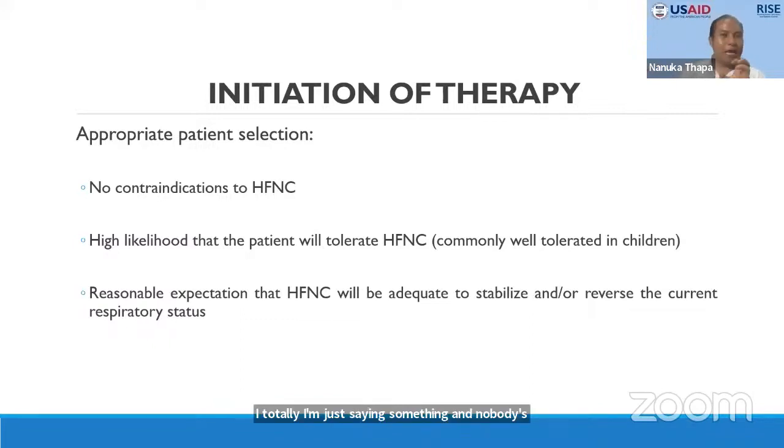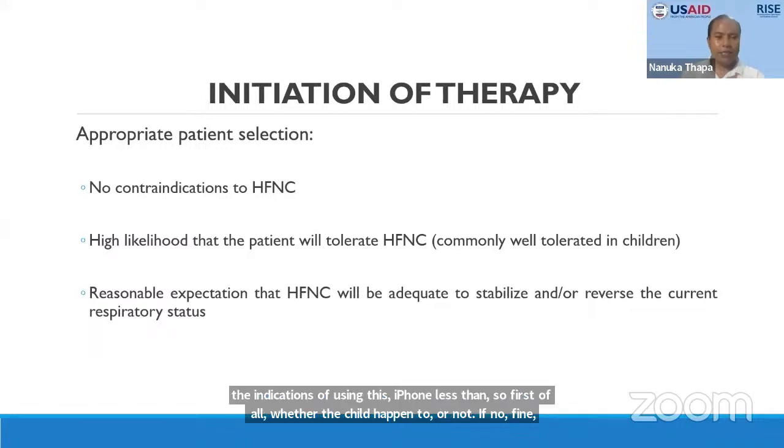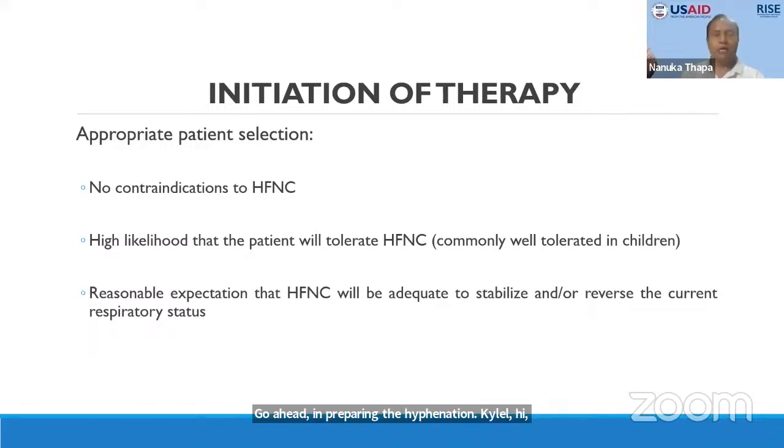So initiation of therapy means we have to choose appropriately. See, if we don't choose the correct patient, whether our child really is suited for the high flow nasal cannula or not. Like we already know contraindications and relative contraindications, and also the indications of using this high flow nasal cannula. So first of all, whether the child has a contraindication or not. If no, fine, good, go ahead. Whether in preparing the high flow nasal cannula, it is likely that the patient will tolerate it. Like I said in the other way, a poor GCS child, agitated, confused child, anxious child, they will not benefit, because they'll be fighting and all. But if let's say a grown-up child or stable child who is not confused, who listens to the mother, who listens to the doctors,